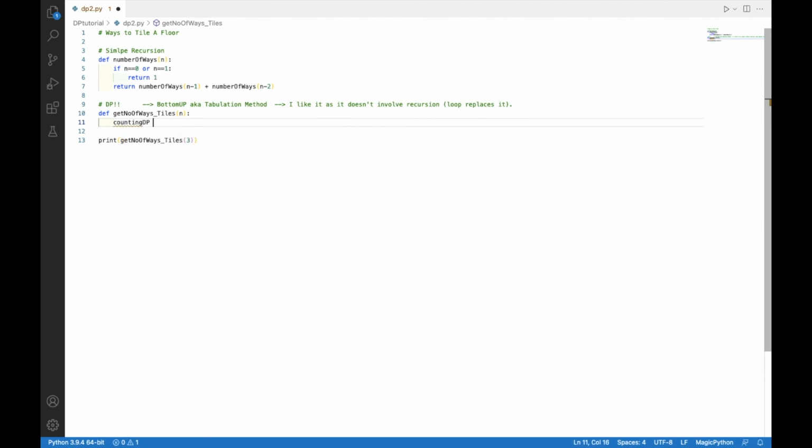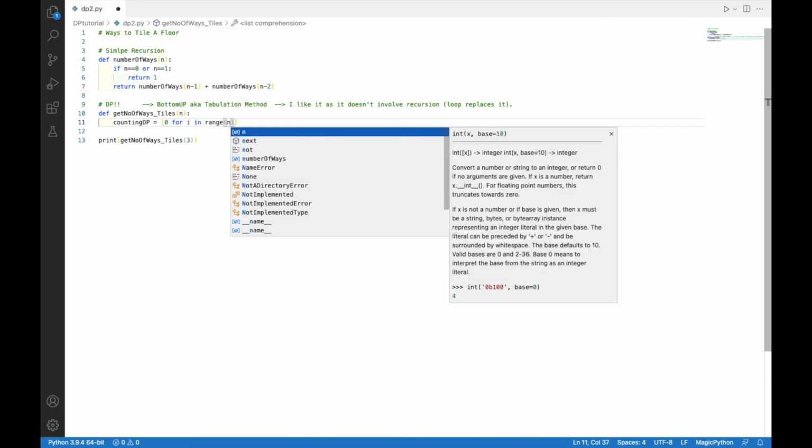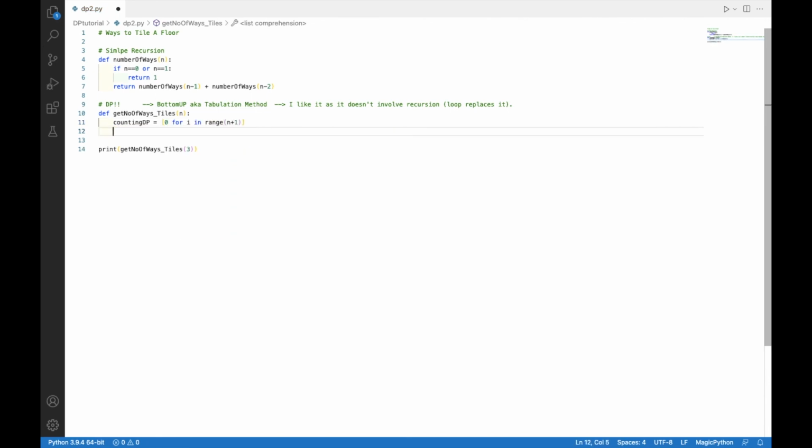So to start with, I'll form our array. I'll name it counting dp. I'll make it n plus 1 elements long and assign each element to 0. If this notation is new to you, I'll just comment it out and write it in a simpler way, that is 0 into n plus 1. So it's creating nothing but an array of n plus 1 elements.